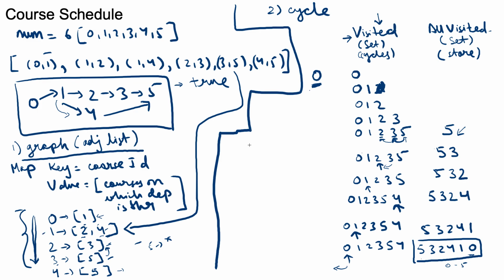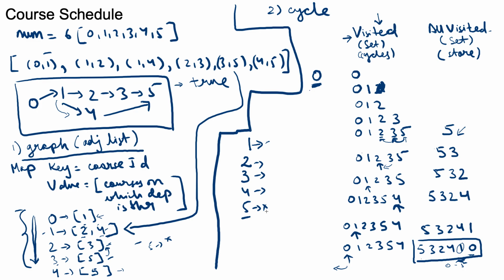Now we come to course 1. So every time we look at a particular course for dependency, the first thing we do is check whether it is there in all visited. So we see that 1 is there in all visited, and so we simply bail out from here and say that course 1 is also fine. The same thing we do for 2, the same thing we do for 3, the same thing we do for 4, and for 5 we don't need to do it because there is no dependency of 5 on any